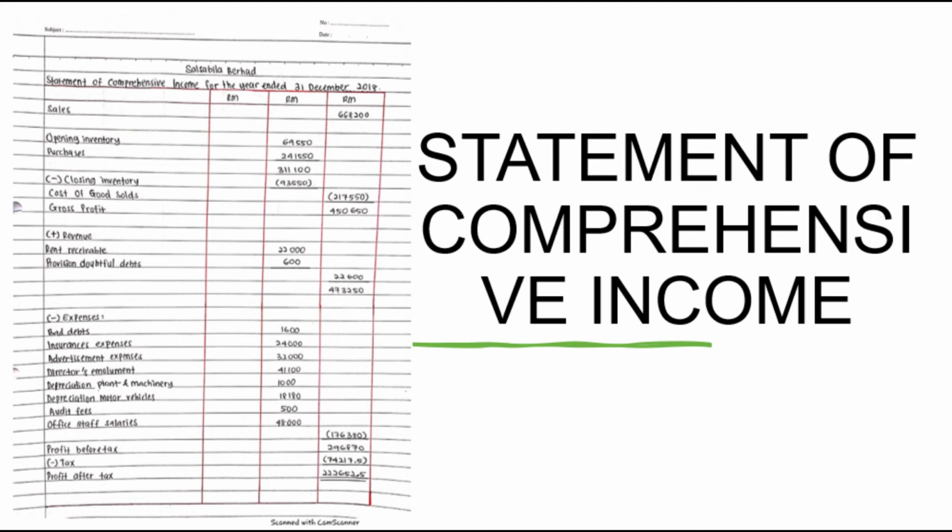To get the profit before tax is total of gross profit plus revenue minus expenses, and get a total of 296,870, and minus tax of 74,270.5, and finally we get the profit after tax is